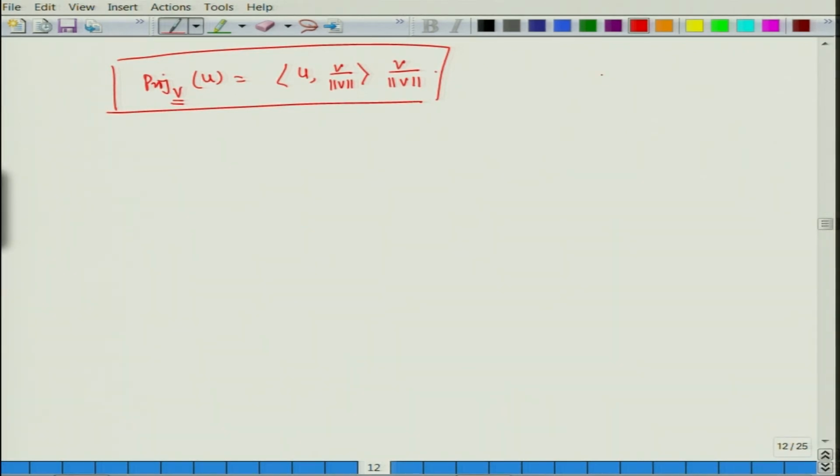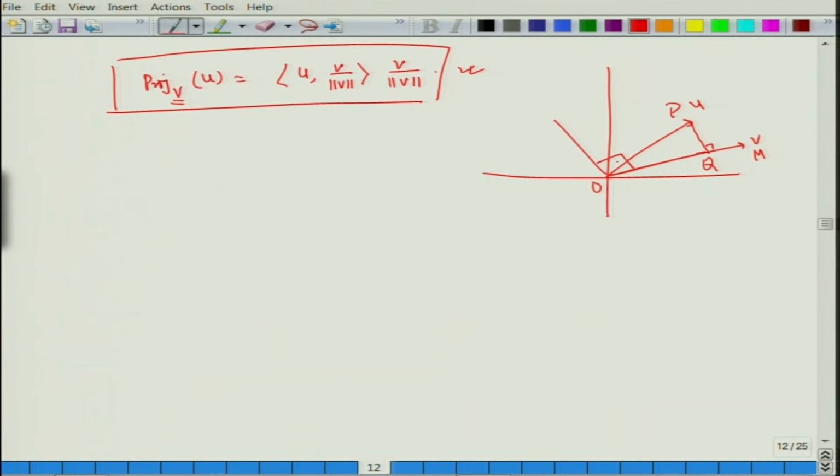So, again let me look at the diagram that I have. This is my v, this was my u, this was the projection. So, O, P, Q, M, fine. So, I am getting this as the vector which is the projection, fine. Now, what is this vector if I want to find out? This vector is same as this vector, fine. Now, what is this vector? This is minus of this plus this. So, if I want to look at the vector QP, which is the vector